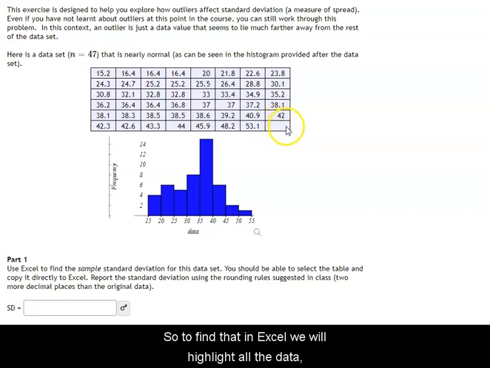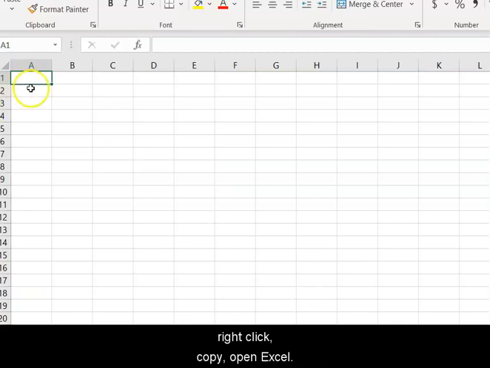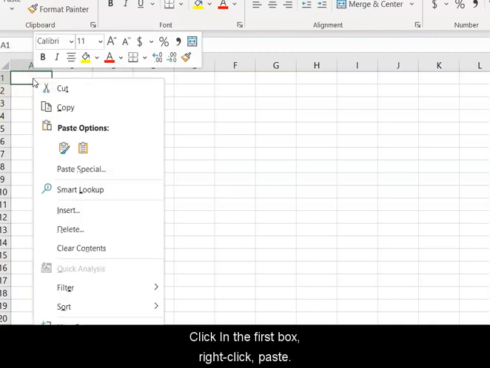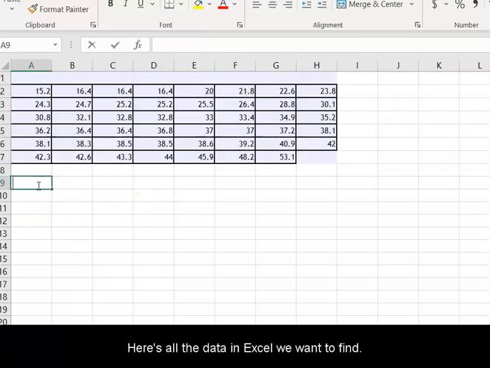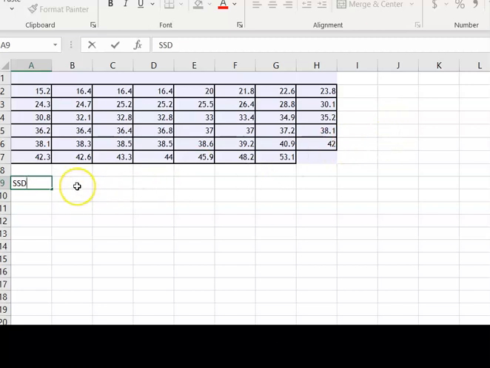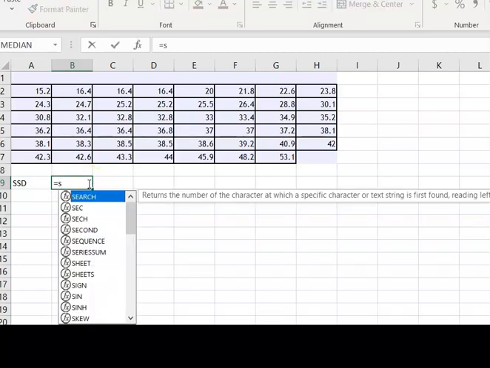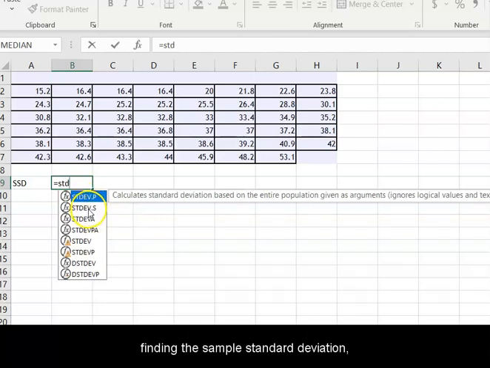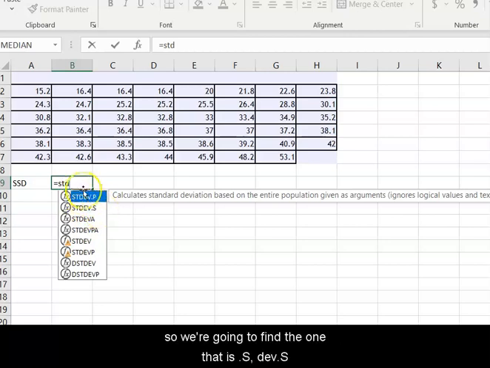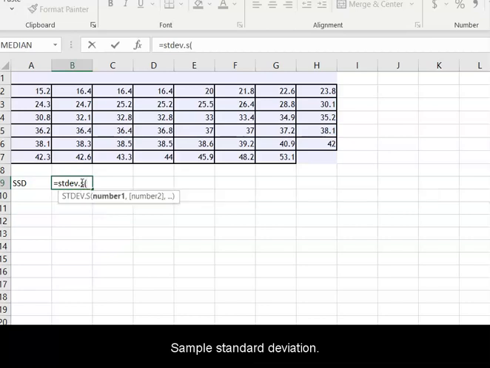So to find that in Excel, we'll highlight all the data, right-click, copy, open Excel, click in the first box, right-click, paste. So here's all the data in Excel. We want to find the sample standard deviation of this data. So we'll click in the box next to SSD, type in =STD, standard deviation. There are different options. We're finding the sample standard deviation, so we're going to find the one that's .S, DEV.S, sample standard deviation, parentheses,